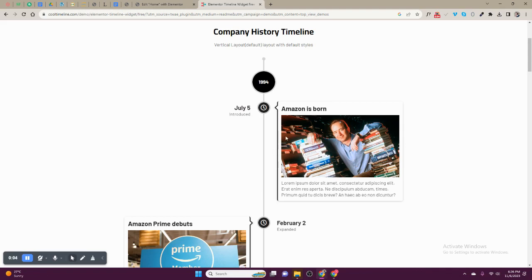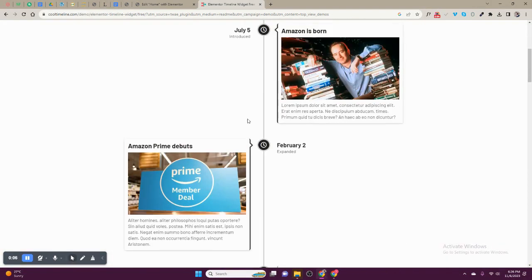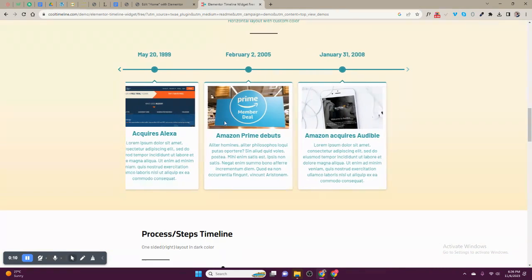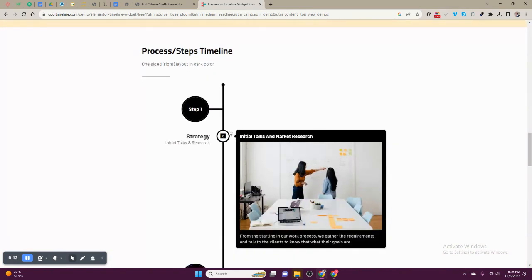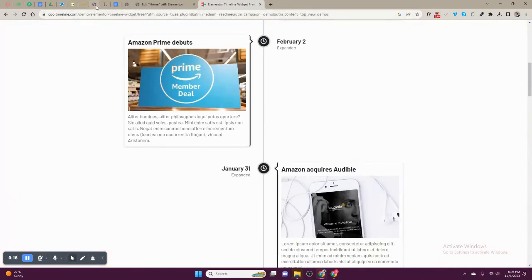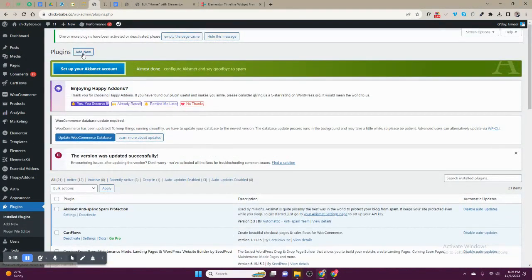I'm going to teach you how to create a timeline like this one or this one or this one. To do that, go to your dashboard and install a plugin called